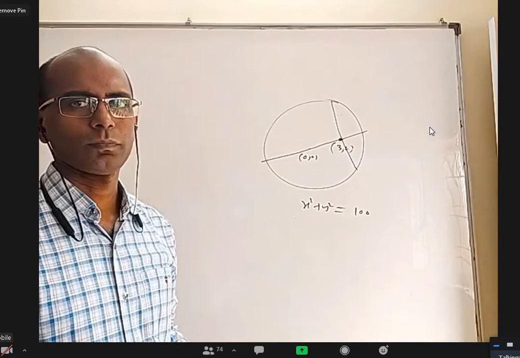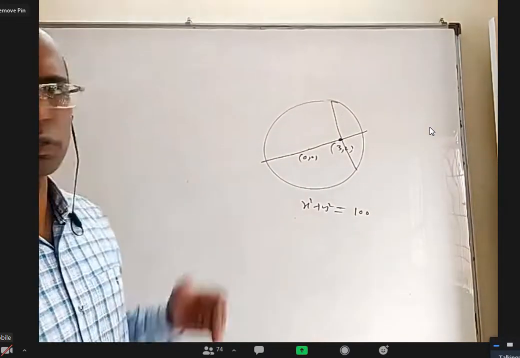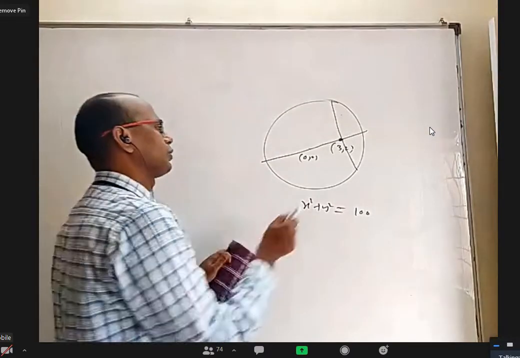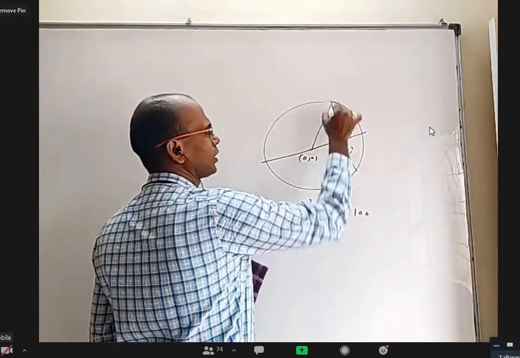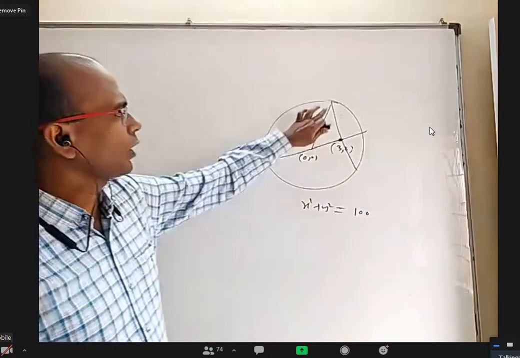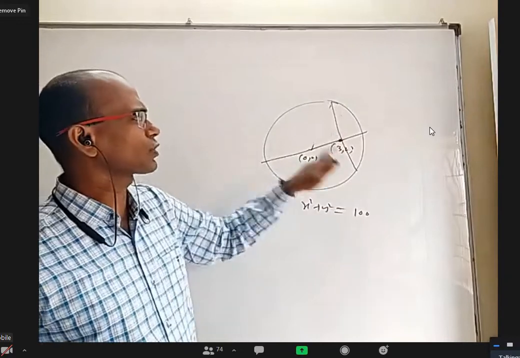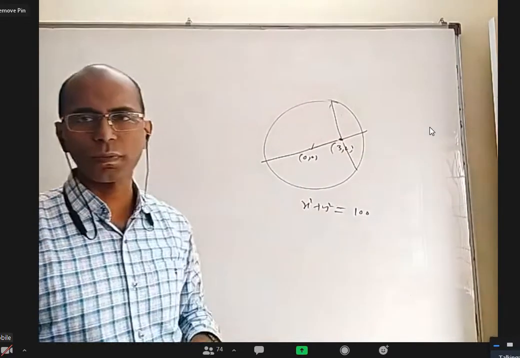2 root r square minus d square. Yeah, you can use 2 root minus s11 also. You can use 2 root r square minus d square because you know d and you know r, you can do it. Okay. But I only proved that this is the shortest. Maybe some other chord may be like this, maybe shortest.